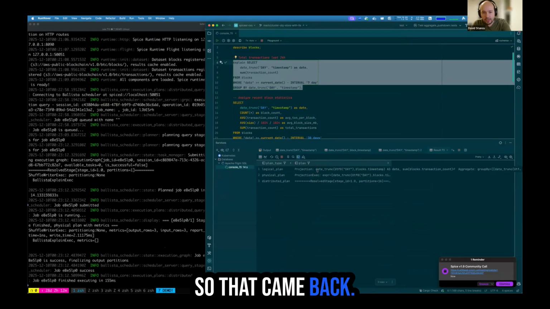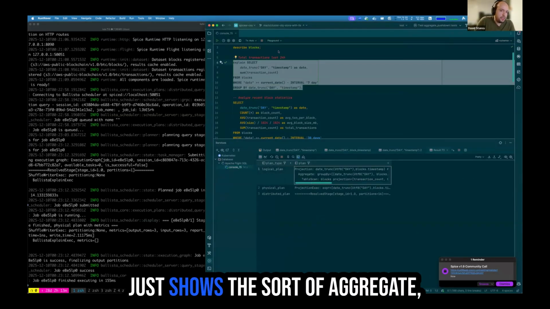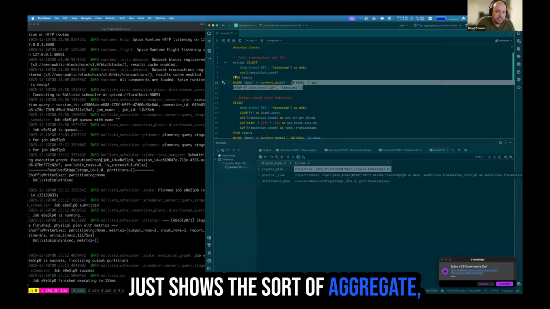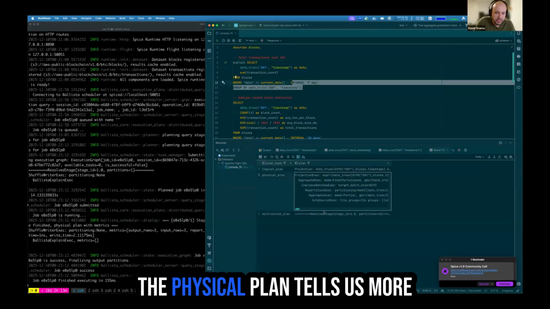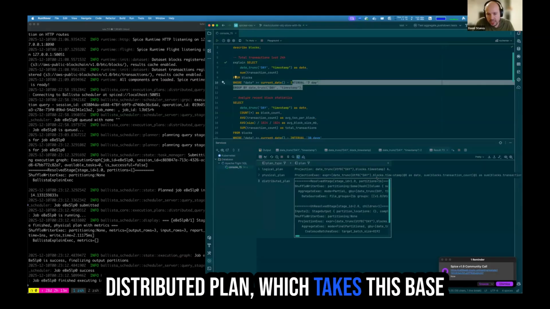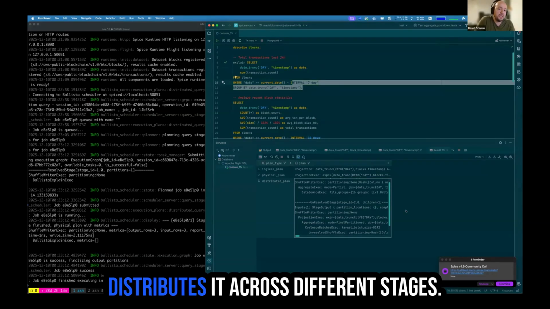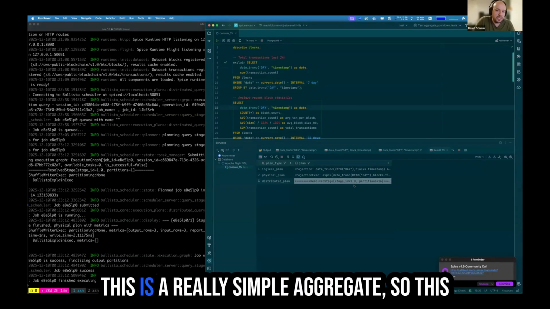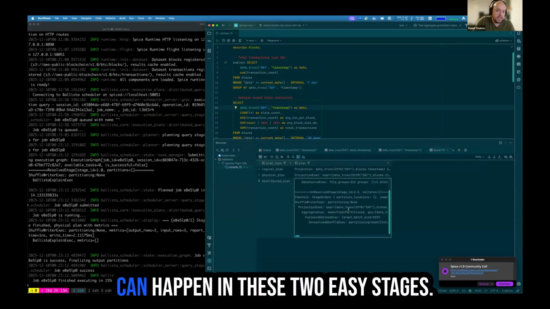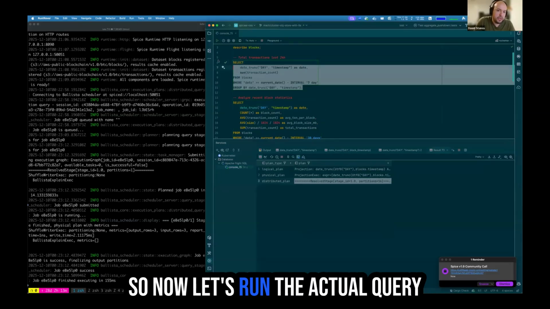So that came back. We see over here that the logical plan just shows the aggregate, basically what the query is. The physical plan tells us more about how. And there's now a distributed plan which takes this base physical plan and splits it out and distributes it across different stages. This is a really simple aggregate, so this can happen in these two easy stages. So now let's run